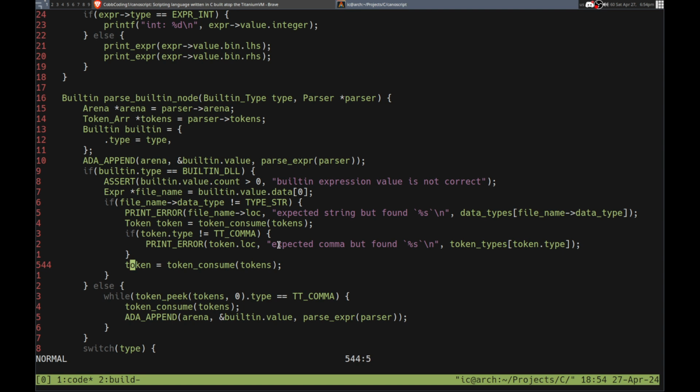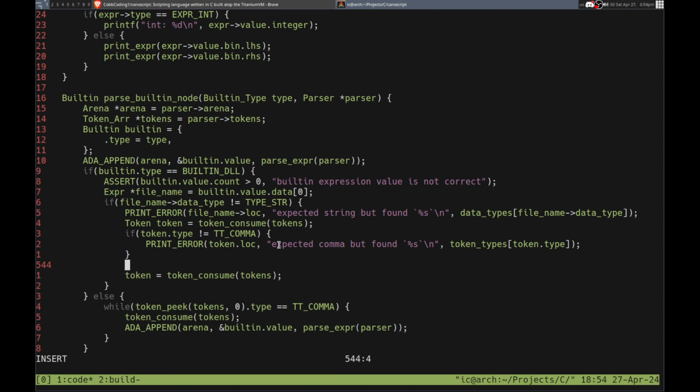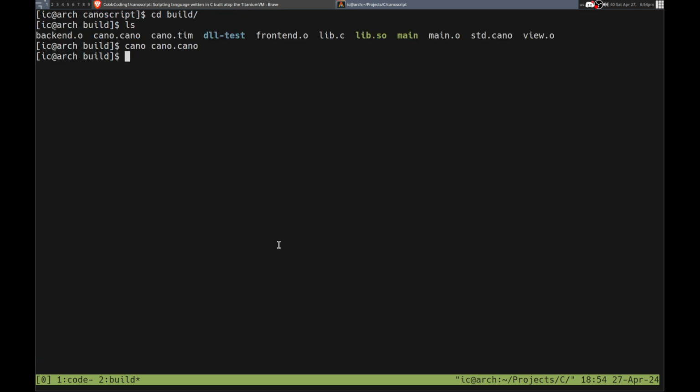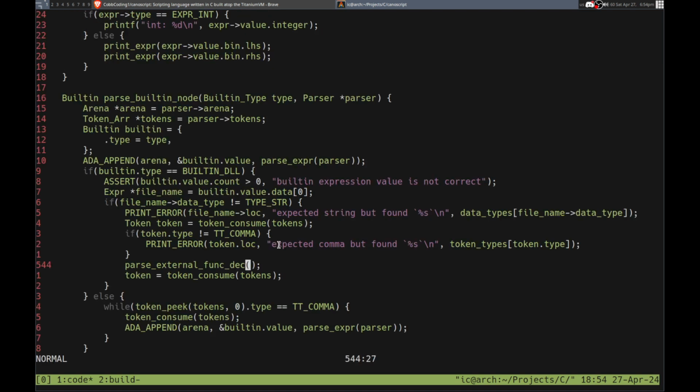Then the next one. Well, actually, the next one wants to parse function deck, right, but it's really not a function deck. It's external function deck because we don't provide the names for it, because that doesn't really make a lot of sense. So it's just the data types. So it's gonna have to be slightly different, but not too much different. So we should be able to do that. It has the tokens there, and we'll also need the parser as well, I suppose. Okay. If we parse that, then that's going to return